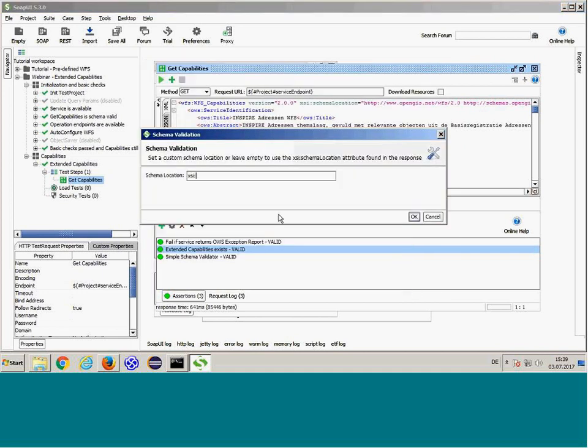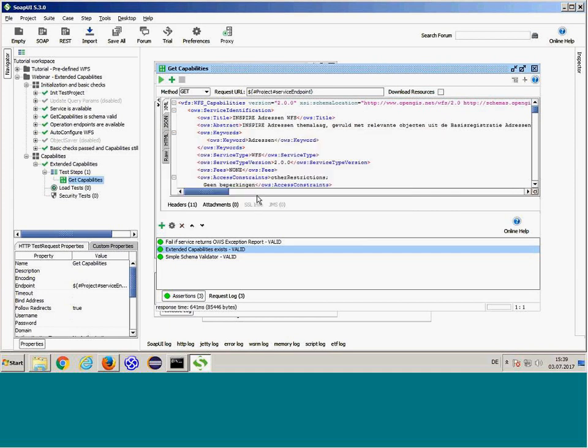We validate the response against the schema. And the assertion has to...